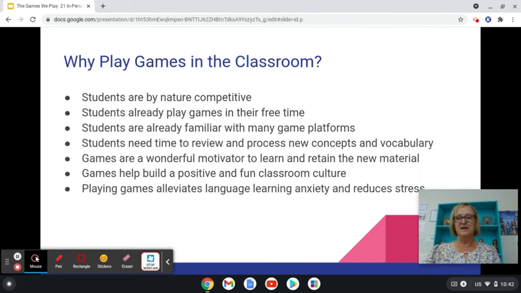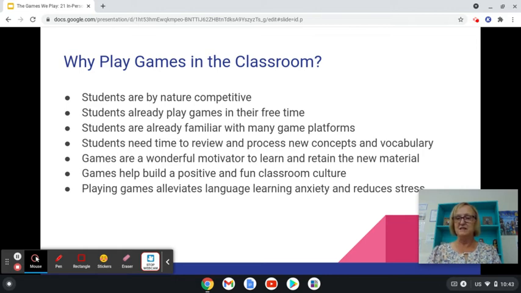So you may get the question from the administrator or from anybody, such as parents, why do you play games in the classroom? So first of all, students are by nature competitive, and they play games in their free time. So why not utilize their idea of fun by bringing some games into your classroom?